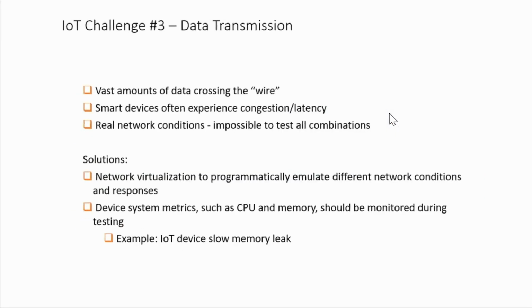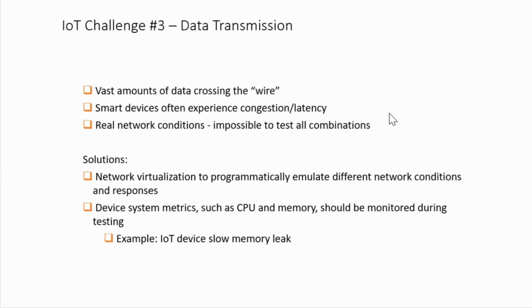So the third challenge is around data transmission. And so again, we talked about having vast amounts of data coming across that are being transmitted, right? Whether you're online, offline, whether you're doing it in real time or you're doing it in batches, we're talking about a huge amount, because think about all that's happening at the edge, right? At that smart car, at that smart street light, whatever it is. So we need to have devices that have good connectivity, low latency, right? That's not always the case.